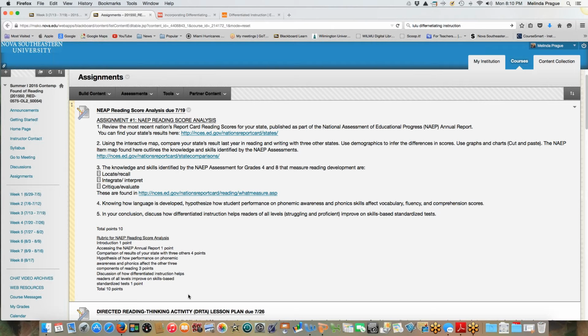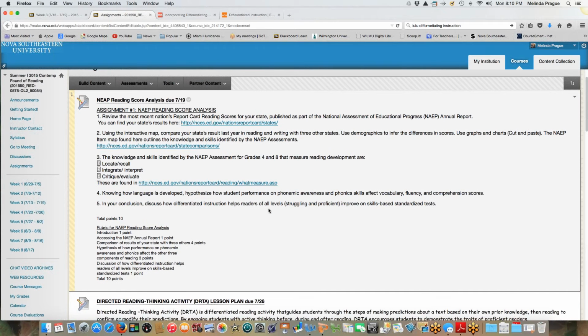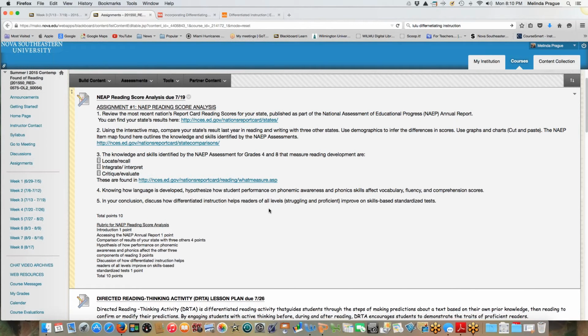Meet these criteria that are here, and you've got the 10 points, providing you have proofread your work, providing that if there's something you're taking from another source that you use an APA citation, okay? Make sure, though, where I'm asking for your hypothesis, that it's your hypothesis and not somebody else's, okay? All right, so that's assignment 1 due 7/19, 11:59 at night, okay? 7/19 is a Sunday, all right?